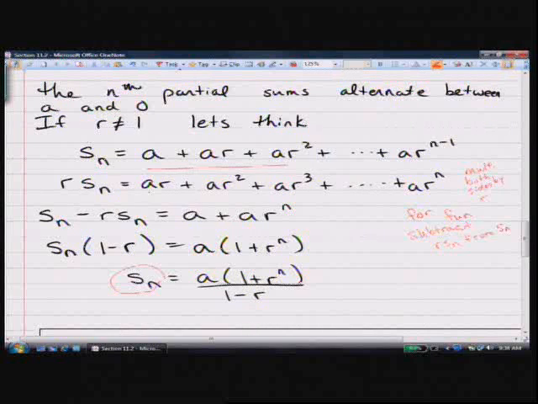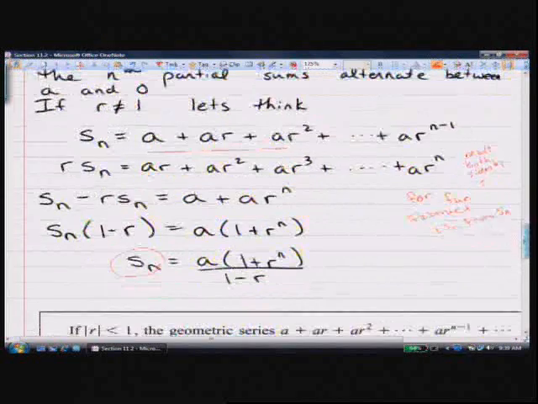Now, if r is greater than 1, this is going to grow without bound as n goes to infinity. It's just going to be really big, right? If r is less than 1, like say r is between -1 and 1, this will be like a half or a third or something like this. This will go to 0, right? So at the limit, as n goes to infinity,